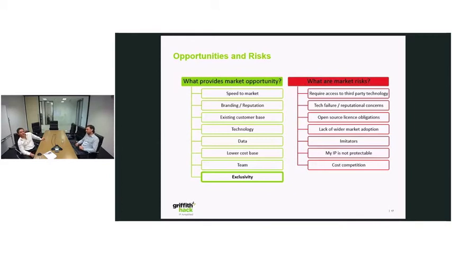Yeah, I mean, this is one that comes up a lot for us as patent attorneys. Clients come in and say, right, I've come up with this super idea. I want to protect this with a patent or patent application. And the reason that I want to do that is because I want to be able to keep everybody else out of the market, so I can have a free run.